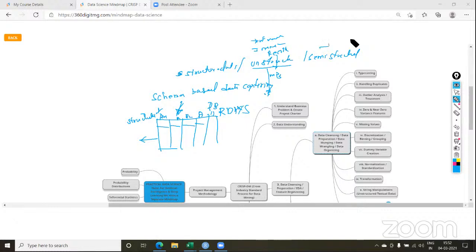And semi-structured, for example XML and HTML. Data is in XML and